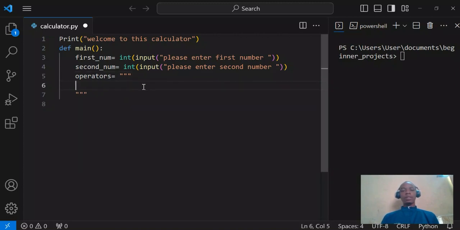So let's say, please choose an operator from A to D. So I think I should put that. Choose an operator from A to D. I think it's okay. Then I'll come down here and tell them that A is